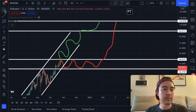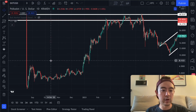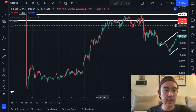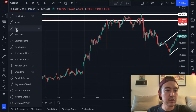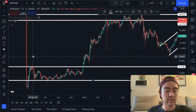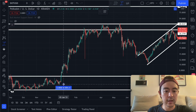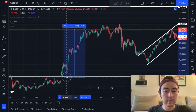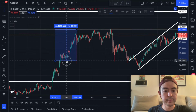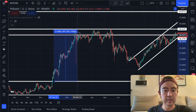And the reason why is because this is what we saw in the previous markup, where when Polkadot first came out back in August 2020, we went sideways for a little while and then went upwards. And this was also a channel right here. And I'm just going to ignore this part because that's when it's first released. And this is where we traded sideways. And then we went on this markup. And this markup was about a 500% price increase. If we take the top, yep, about 650. If you want to just say that, bottom 500,